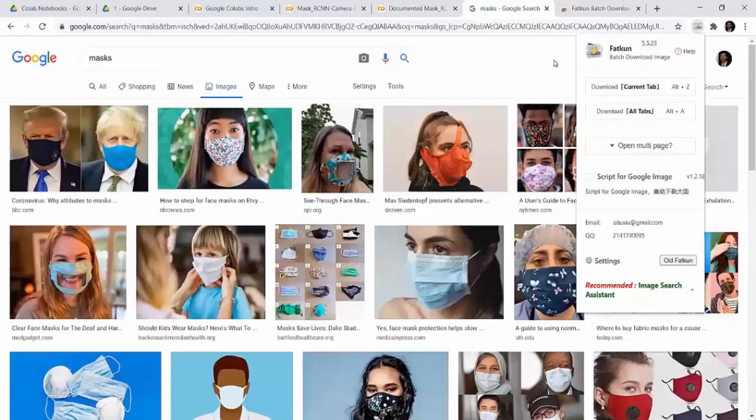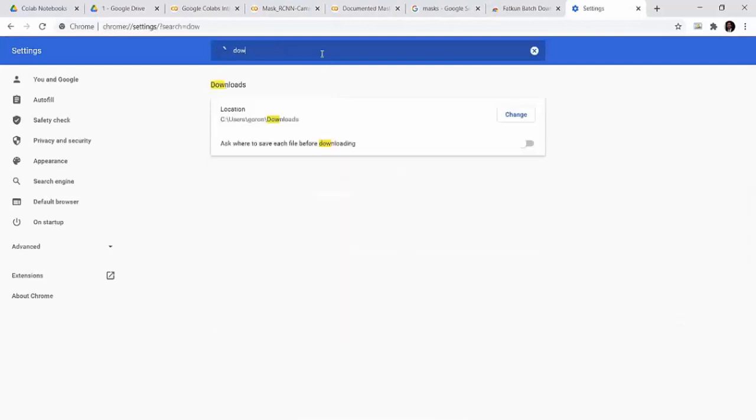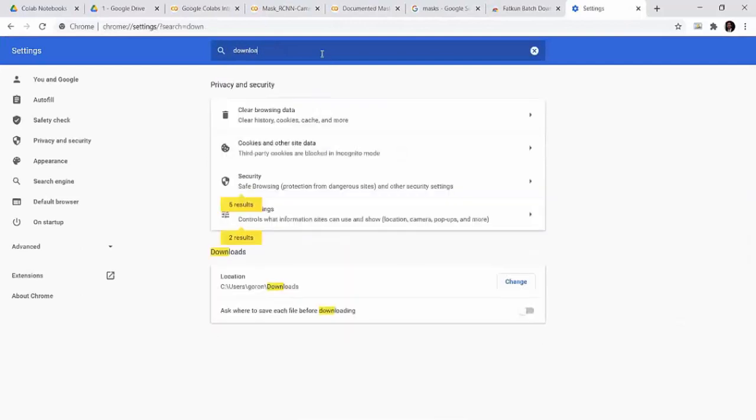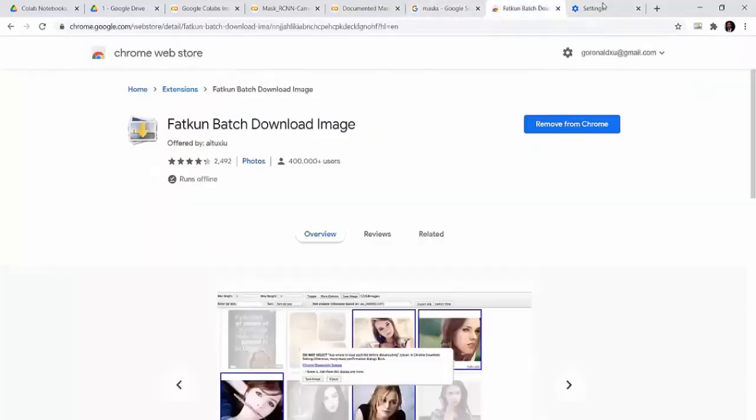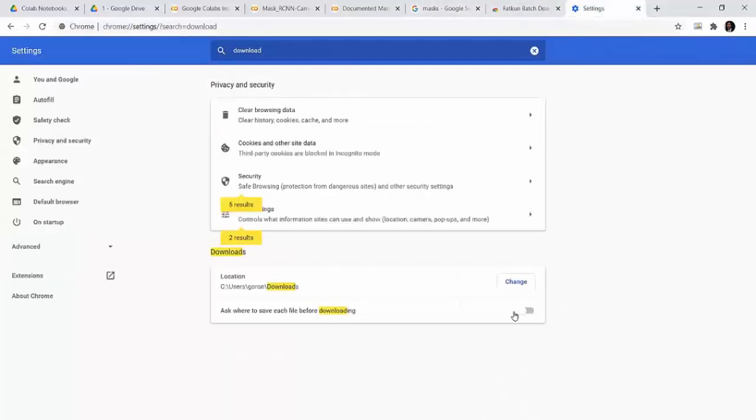And before we do this, we want to make sure in our settings that if you search up download, we want to make sure that this thing right here, ask where to save each file before downloading, is switched to off, because if we switch it to on, it's going to prompt us every single time, which is going to be very annoying. So once we search download and switch this to off,